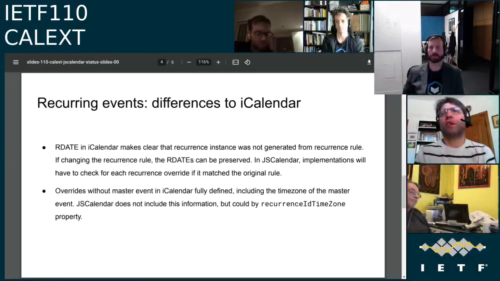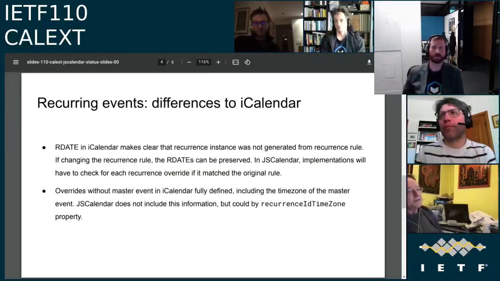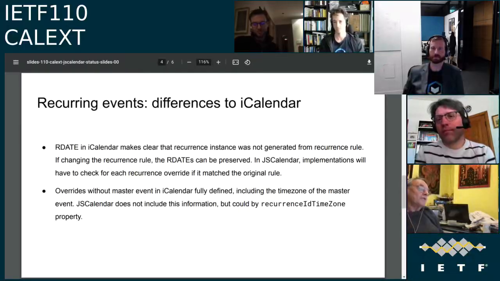So maybe I missed the problem, but do we have a time zone in any single occurrence, or is that not specified yet? The issue turns up because the recurrence IDs are date time objects. There's a whole bunch of date time values: there's DTSTART, DTEND. But the recurrence IDs are a time zone, a real time. And when you do time range searches, you're actually searching for recurrence IDs as well as all the DTSTARTs and things.